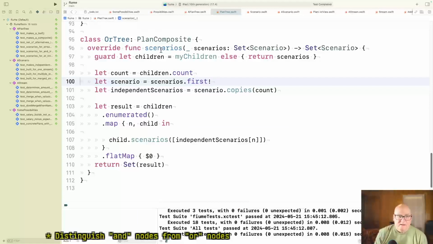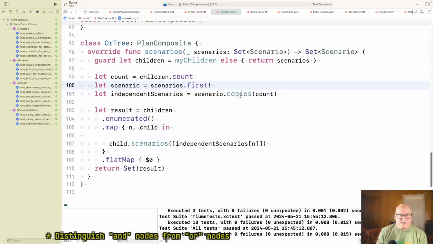Okay, let's try the zip. So we got these copies, and then we got the children.